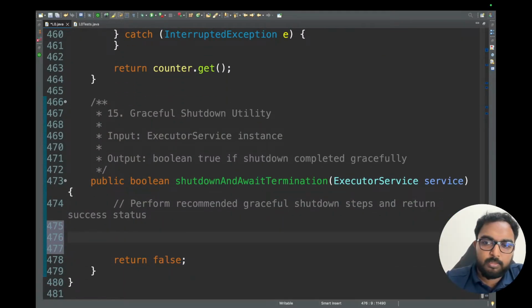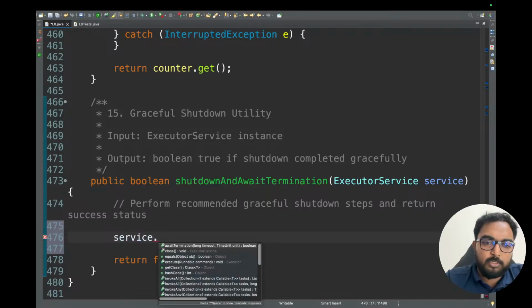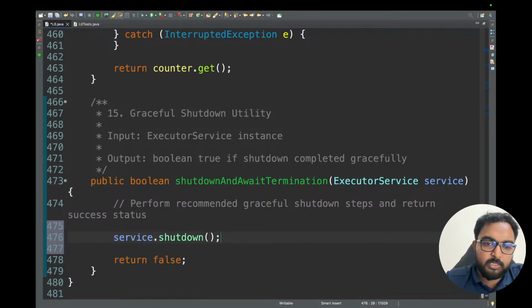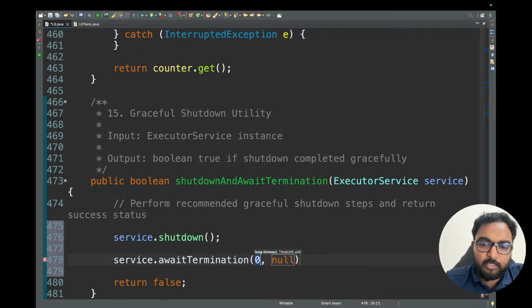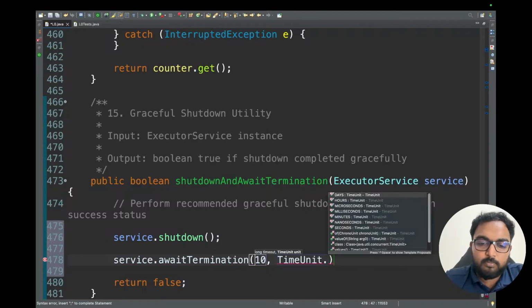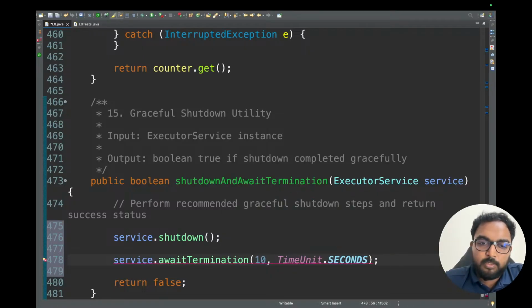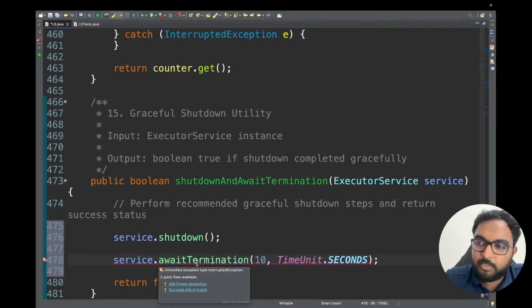So let's do it. Service dot shutdown. So first we have to invoke shutdown, then we have to call service dot await termination, and it's the same thing. Wait for like 10 minutes dot time unit dot seconds. Okay, this actually gives a boolean of whether it passed or not. So if you see the Java doc of it, it says,